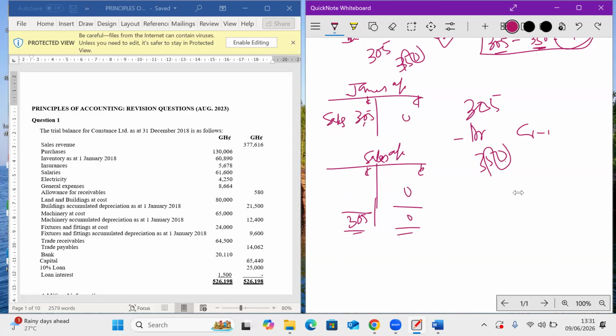Have they balanced? No. I'm asking the class, have they balanced? No, because the debit side is more than the credit side. Because the debit is more than the credit side, we say that the error affects the agreement of the trial balance. Because when you report this,